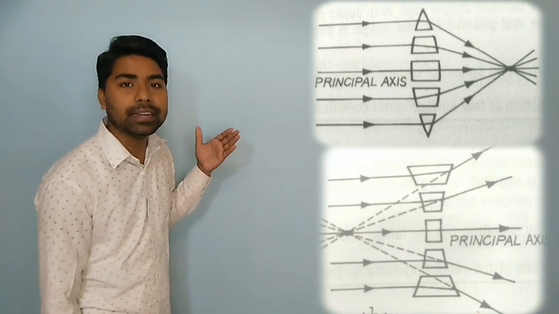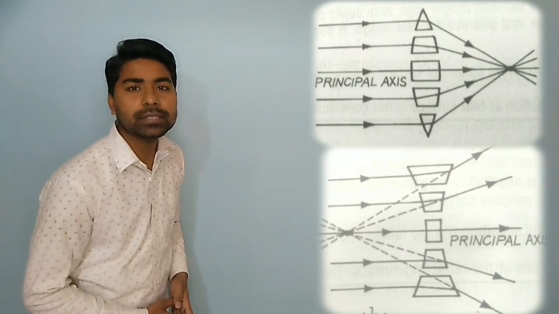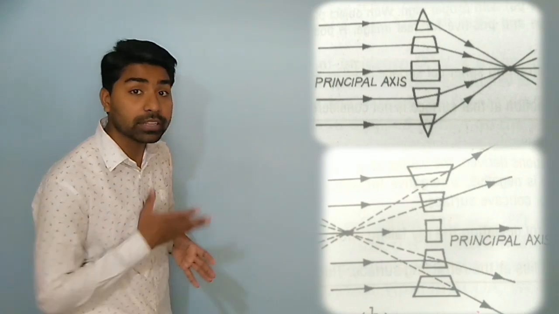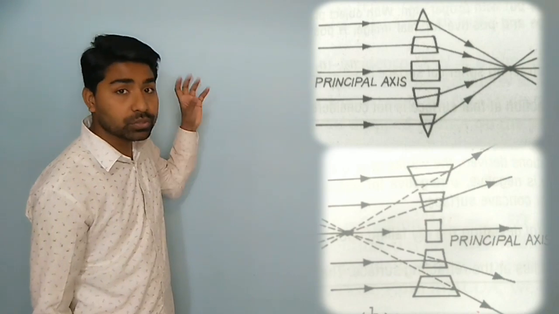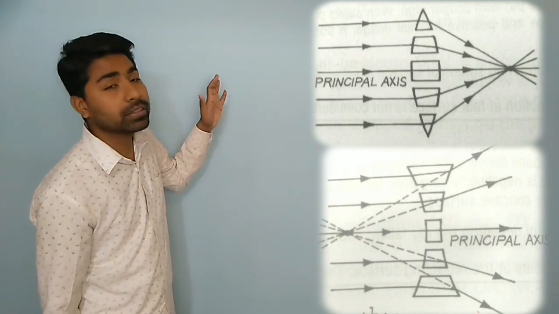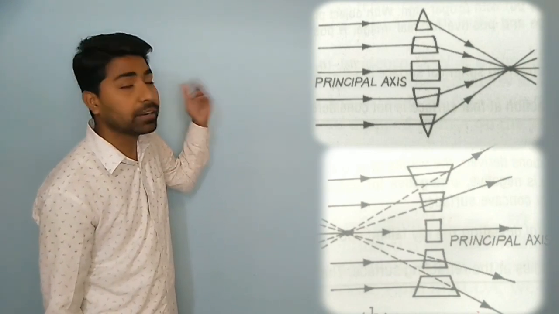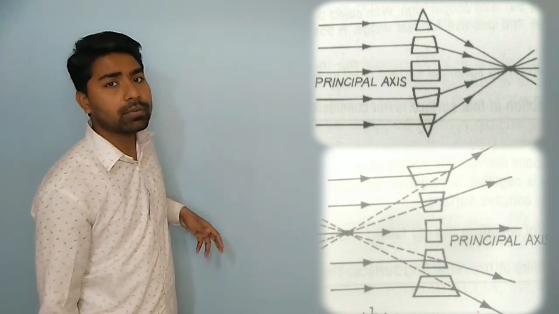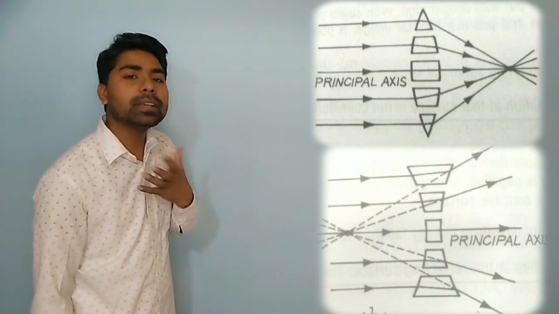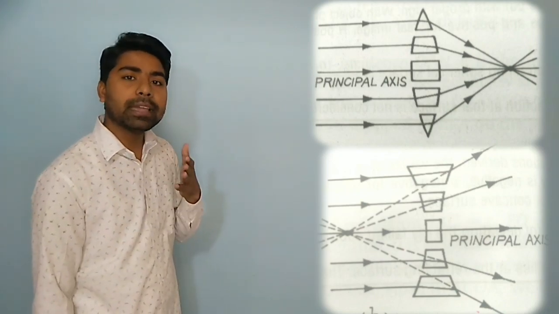But is there any ray in the convex or the concave lens whose incident ray is parallel to the emergent ray? The answer is no, there is no ray which is incident on the lens and after refraction becomes parallel. But we can take the middle part of both the lenses as parallel. So if any ray is incident on the prism and after refraction the emergent ray is parallel to the incident ray,